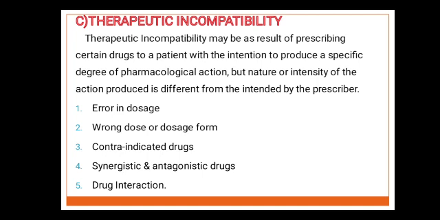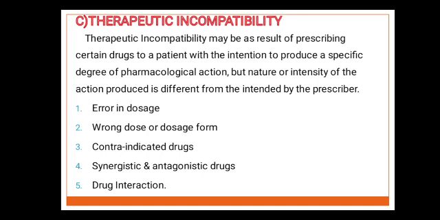Second one is the wrong dose or dosage forms. There are certain drugs which have quite similar names, and there is always a danger of dispensing the wrong drug. For example, prednisone and prednisolone, digoxin and digitoxin. Sometimes many drugs are available in different dosage forms, and hence if the dosage form is not clearly mentioned on the prescription, it becomes necessary to seek clarification from the prescriber.